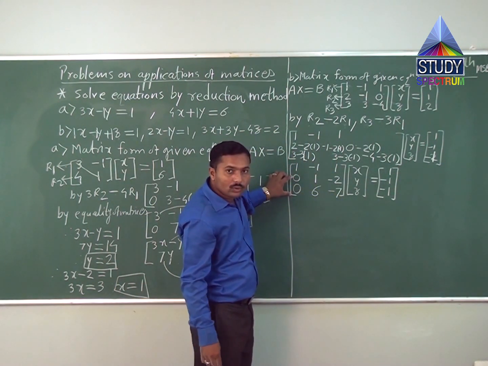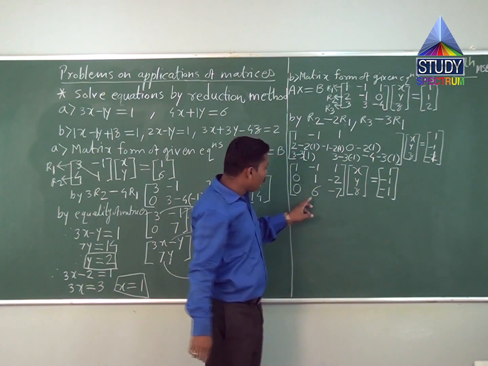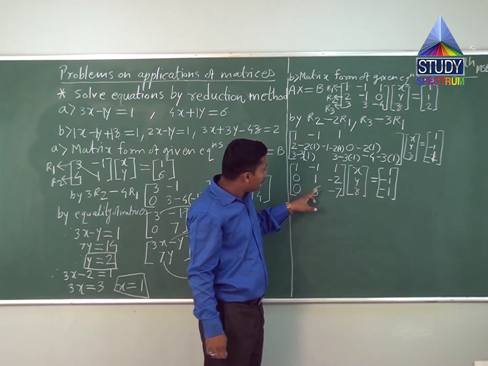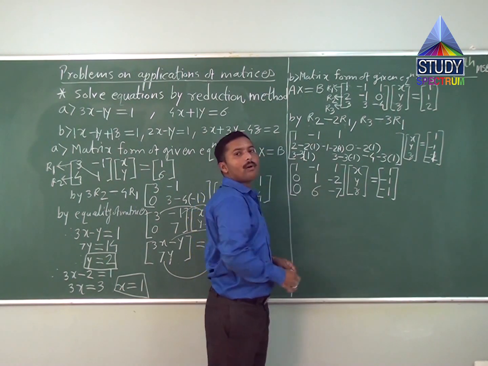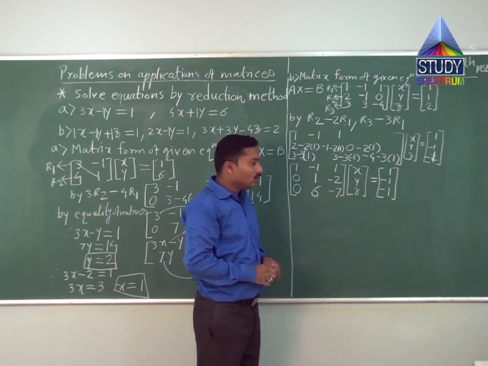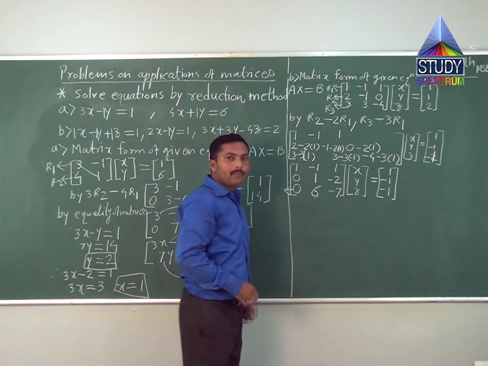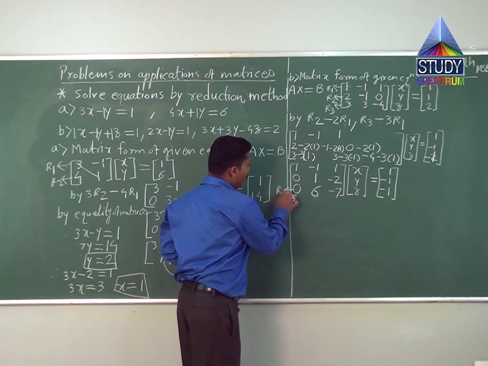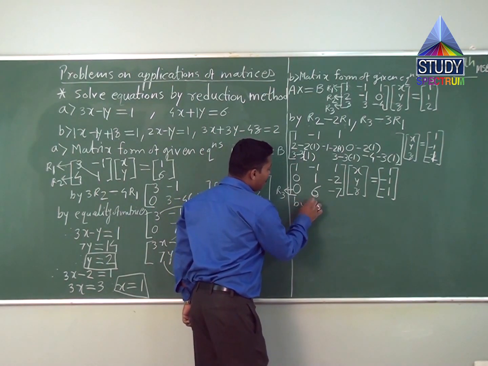So these two numbers are 0. This is the diagonal. So also we want this number as a 0. 6 is a 0. So by using this second diagonal number, we make this number a 0. This number is a member of the third row R3. So by R3